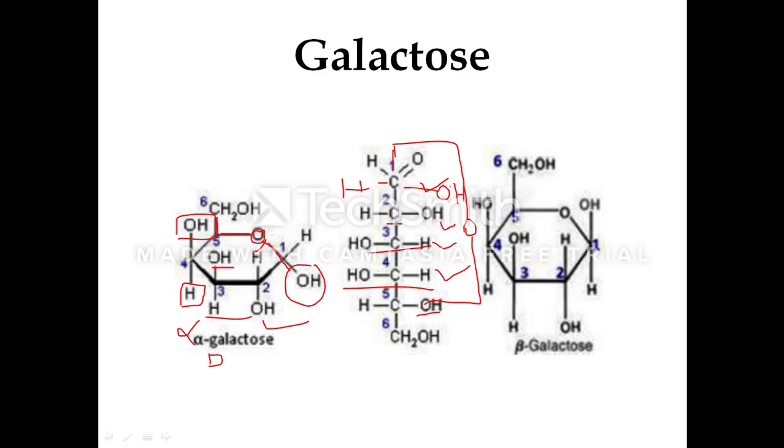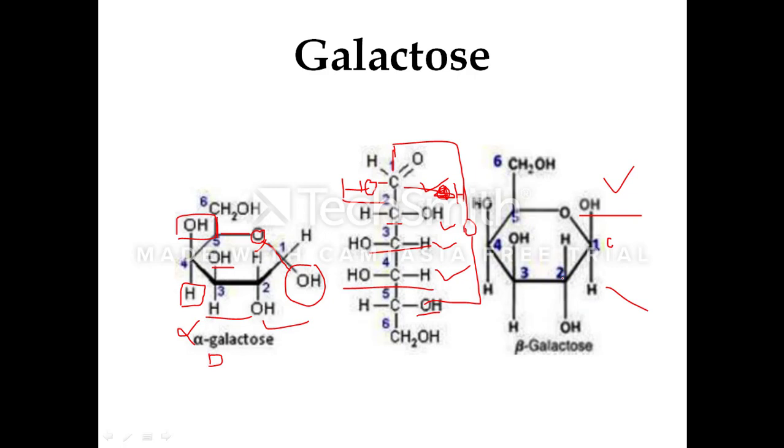Next, suppose you have the OH towards the left side and H towards the right side. The cyclic ring formation takes place and it results in the 6-membered pyranose structure. Here at the C1 carbon atom, H and OH are interchanged, so OH is towards the left side. So, you write the OH upward of the Haworth ring and H towards the downward end.